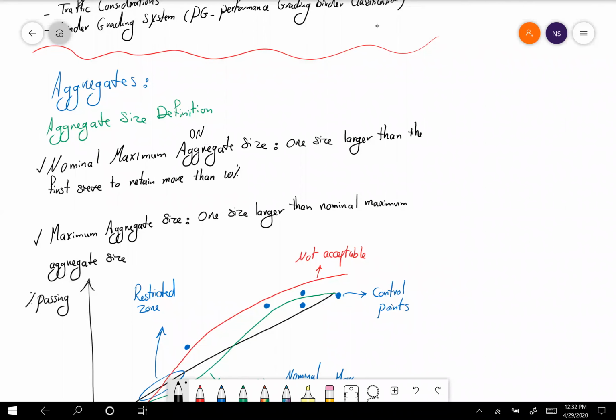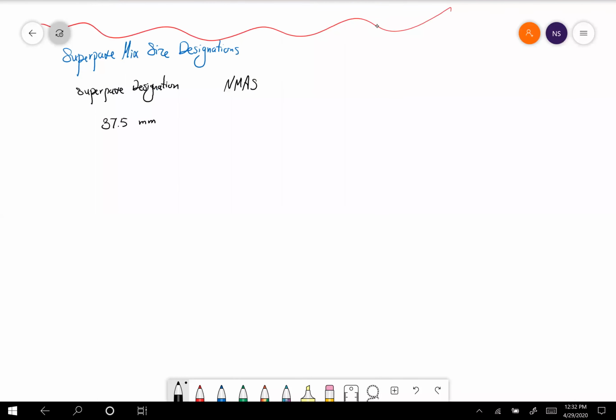This is NMAS, nominal maximum aggregate size. This is MAS, maximum aggregate size, right? So the nominal maximum aggregate size for this one will be 37.5 millimeter, and then the maximum aggregate size,